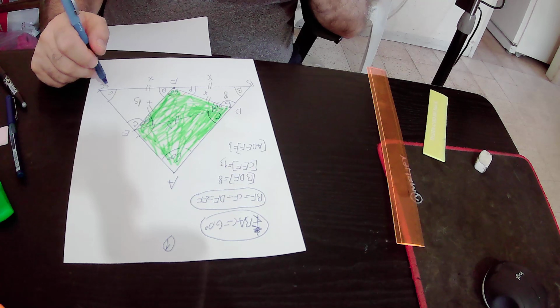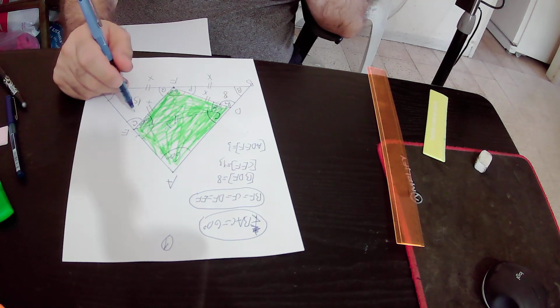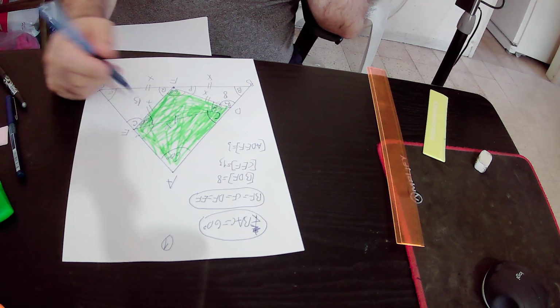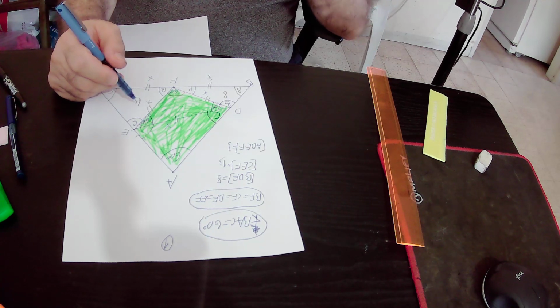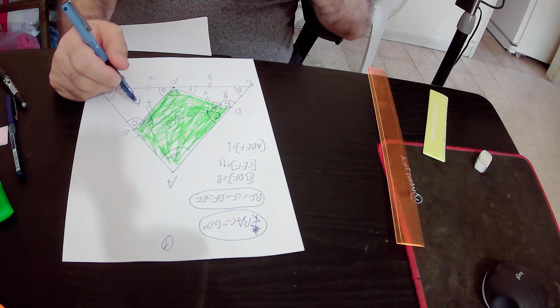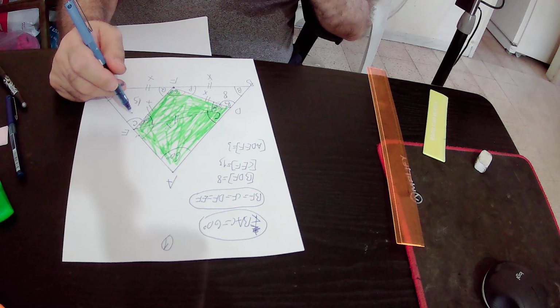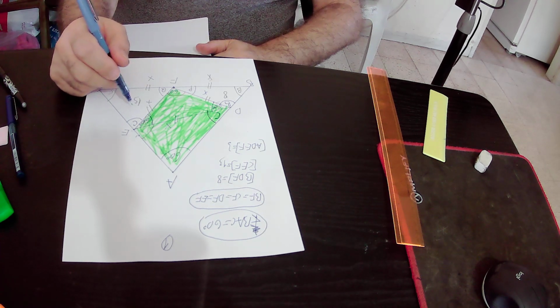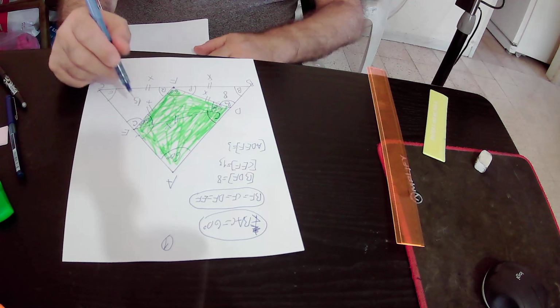Therefore we can implement rule number 2 on the straight line AC. Rule number 2 states that the sum of the angles on a straight line is equal to 180 degrees. Therefore, if we focus on point E, C plus 60 degrees